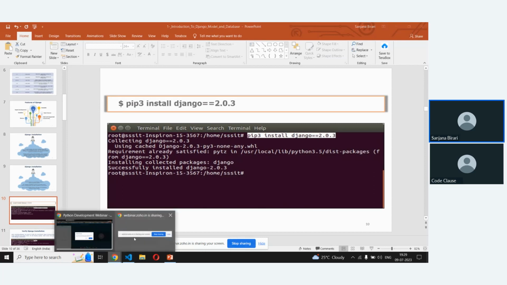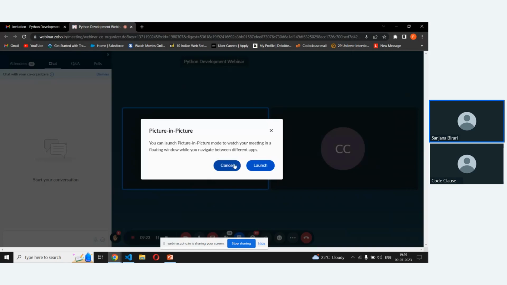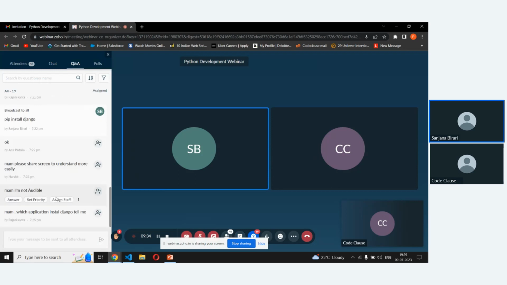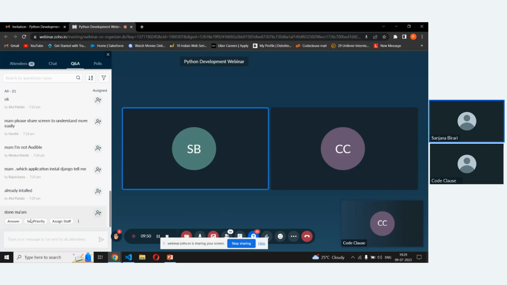So how many of you have already installed it? Just let me know. Just put the command pip install Django in your terminal of VS Code to install Django.